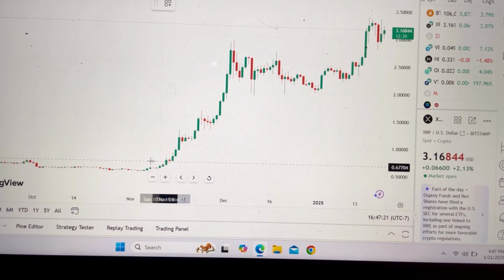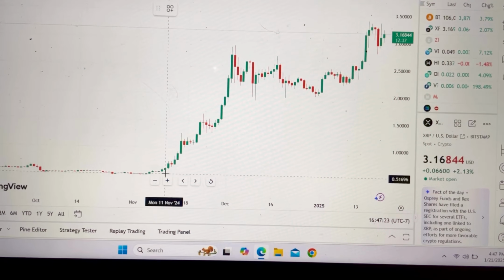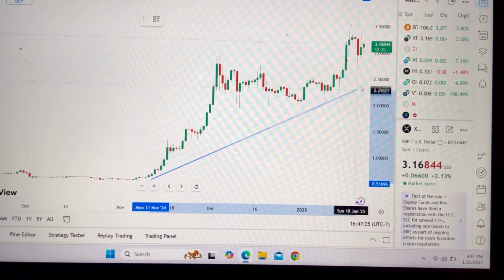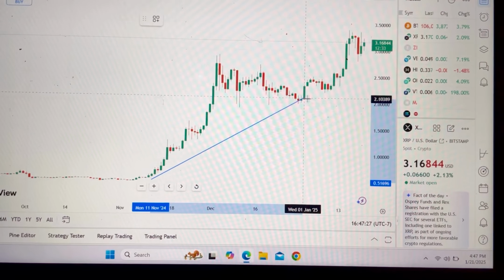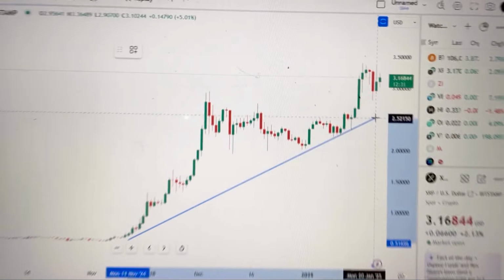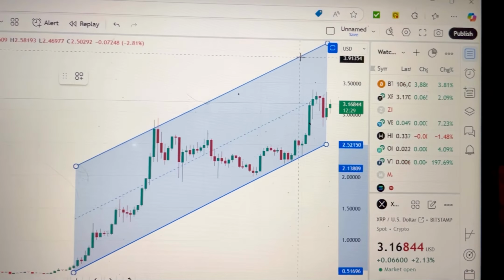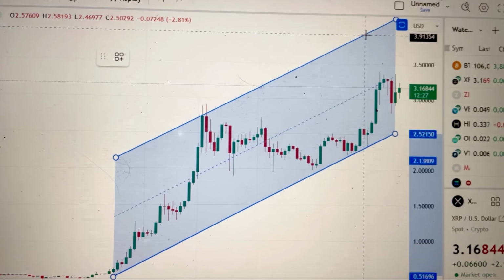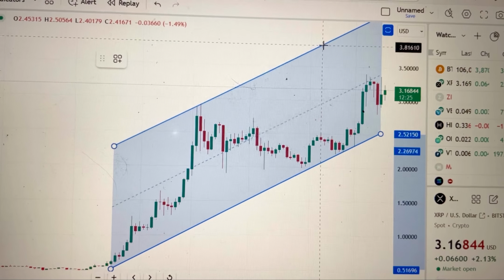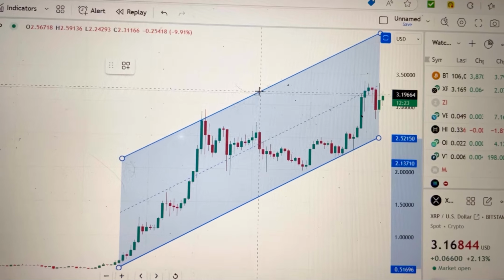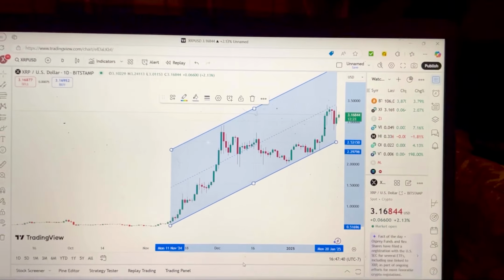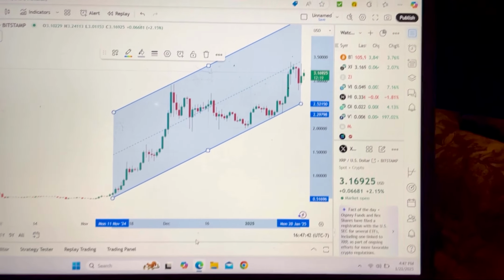So watch, I'm going to click right here. You can hear my mouse click. Ready, right here. And then I draw my line up. I want to touch the bottom. This one right here, and then this one right there, touch the bottom of it, and then let go and pull up. And then touch the top of these 2 right here. Come on down a little, bam. There you go. There is my parallel channel.